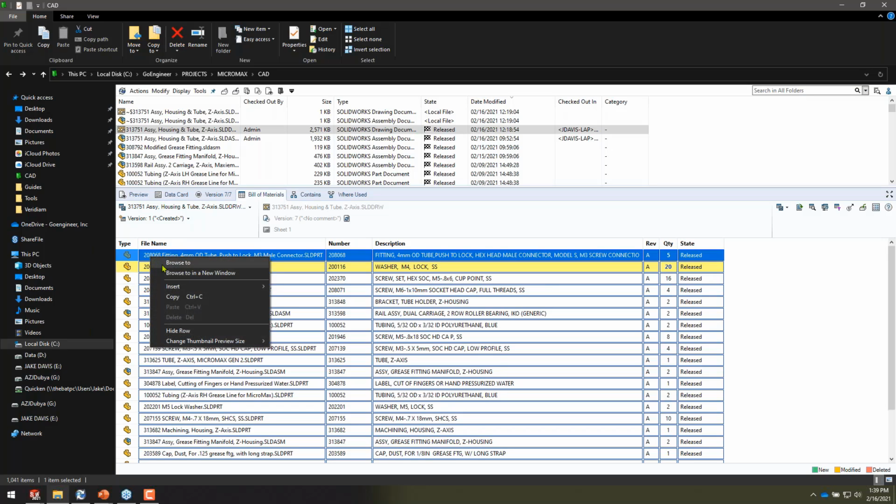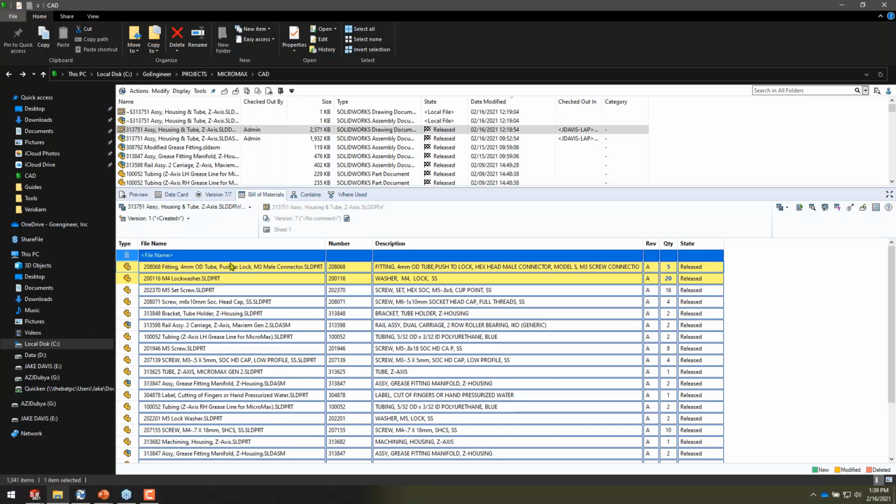I can also come in here and I can insert items into this bill of material. So if I wanted to add an item in here, I can say what I want this to be. So maybe grease. And I can give it information specific to the bill of materials. Yeah, maybe there's one of those. So if I save this now